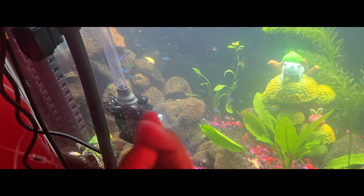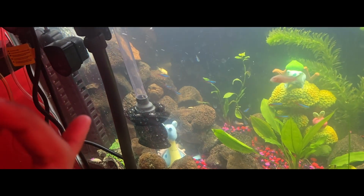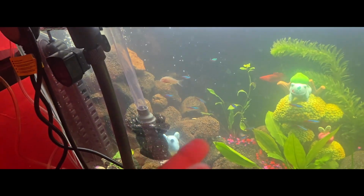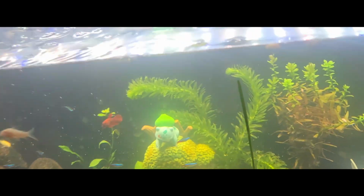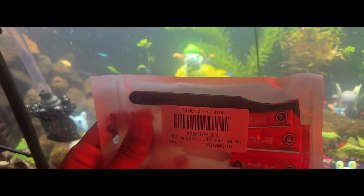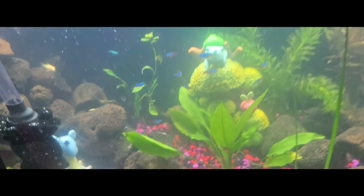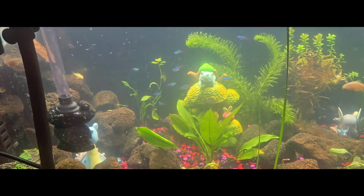I'm gonna see if I could get that from the hair supply store next to me, so I'm gonna see if they have some there. But if not, I do have aquarium glue. I never even opened it before. I had this for like months, but it's here. And then we're gonna see. I'm gonna aquascape it a little bit